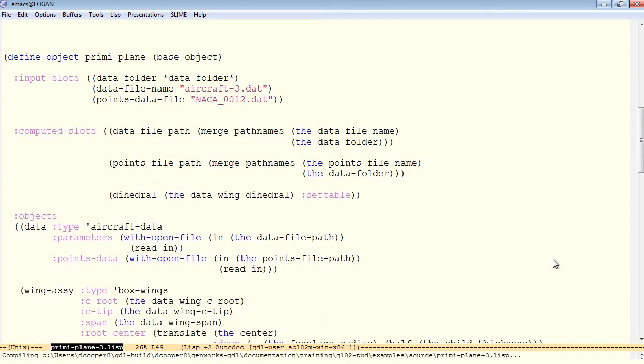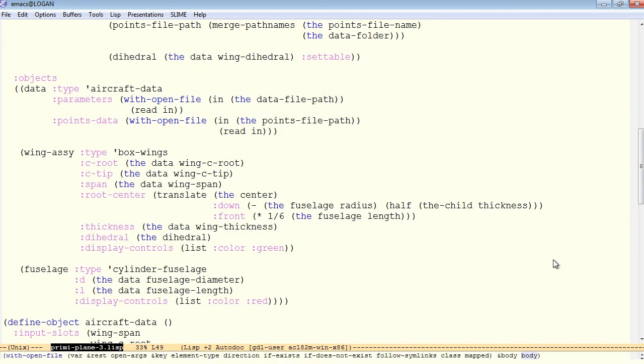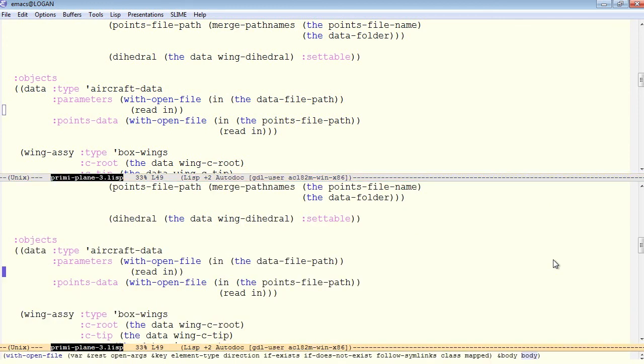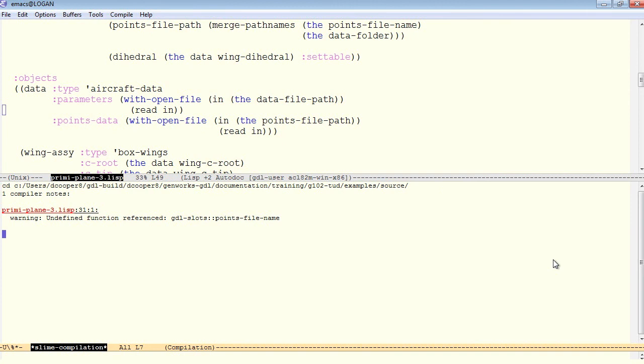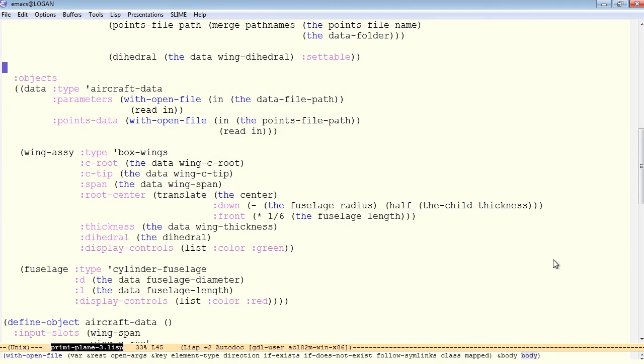Let's compile everything. We get warnings because we are redefining the same object names in a new file. But we're still getting one warning. Let's see what that is. That's a real warning. So we change buffers to the slime compilation buffer, and we have an undefined function reference, points file name. We're still referring to the points file name